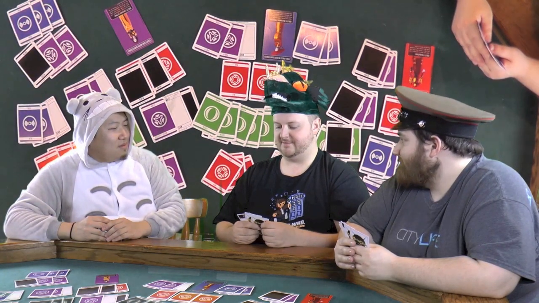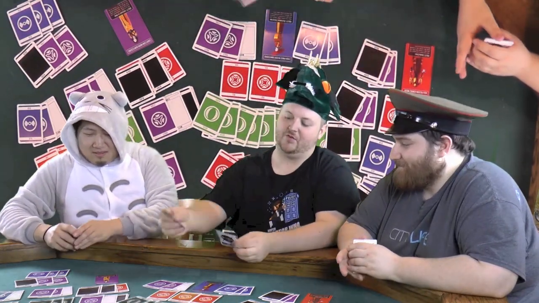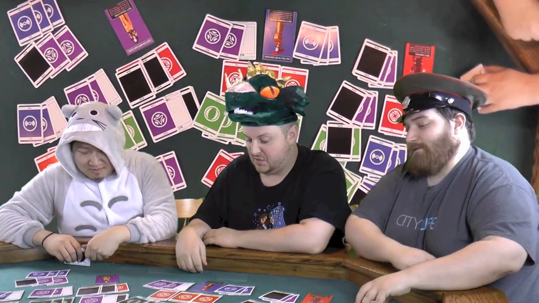Dun, dun, dun. Go ahead. Game, set, match. No twinsies. I drew blue on the end. I should have waited one round, been able to do that, dropped one, and then had my last one. Anyway, so